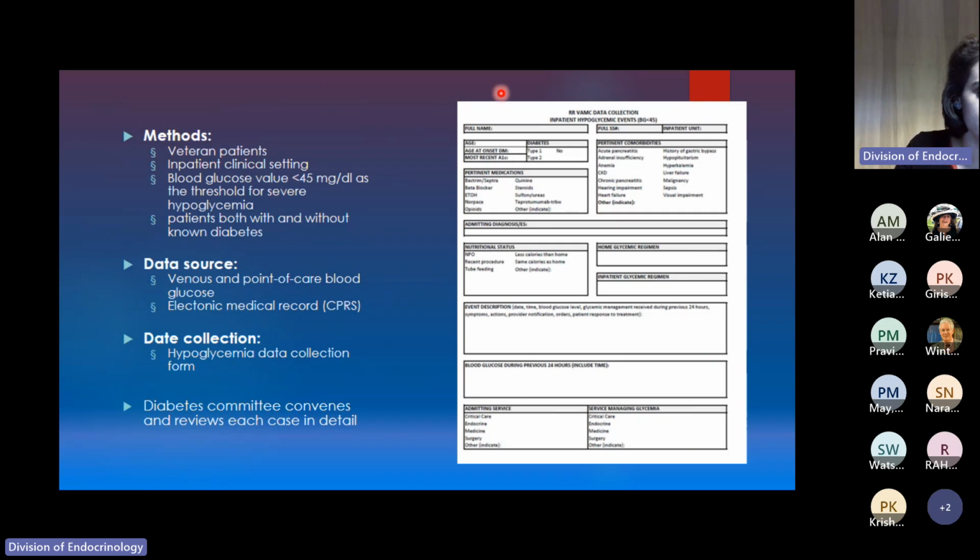So this is the data collection form that we use. It has the age at onset of diabetes, the A1C, the pertinent medications that they're taking, the comorbidities, home glycemic regimen, inpatient regimen, nutritional status, the event description, admitting service. And then, as I mentioned, we look over all the different patients with their events less than 45. We look at the venous and point of care glucose, go over it in CPRS, and then we convene every